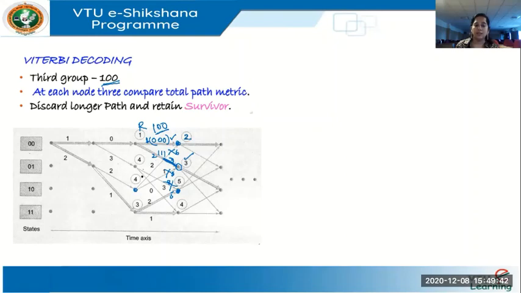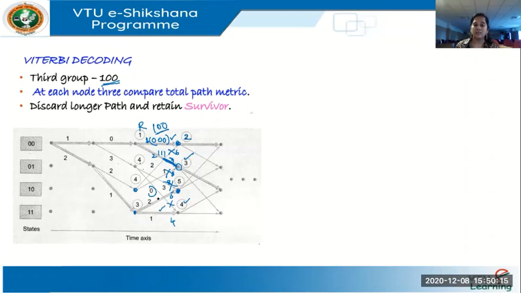So lastly, here 4 plus 0. There is a 4 here and this branch metric is 0. It results in 4. If I come along this path, it is 3 plus 1, 4. So you can retain either of the two. But when you look back, you see this path has already been neglected. It's not been finalized here itself. I don't have this path finalized. So I'll consider the path which has come till the previous point and finalize this path. So retain this and discard this.